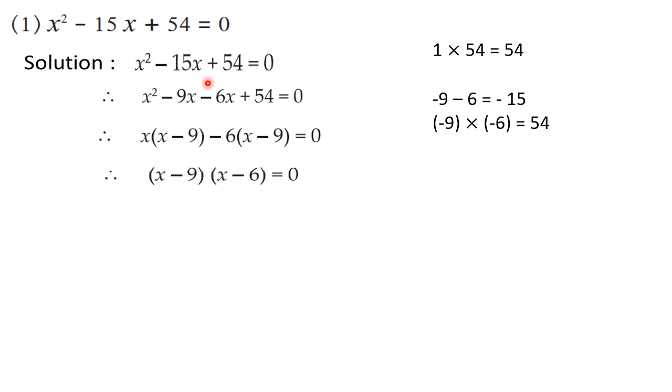See, this is called a polynomial. The left hand side alone is called a polynomial. Polynomial x square minus 15x plus 54 is factorized as x minus 9 and x minus 6. Now you know that when the multiplication of two numbers is 0, then either of the numbers is 0. That means either x minus 9 is 0 or x minus 6 is 0. And therefore we can write that x is equal to plus 9 or x is equal to plus 6. So in this way this equation has two roots, x is equal to 9 or x is equal to 6.